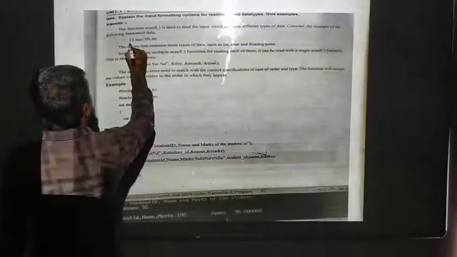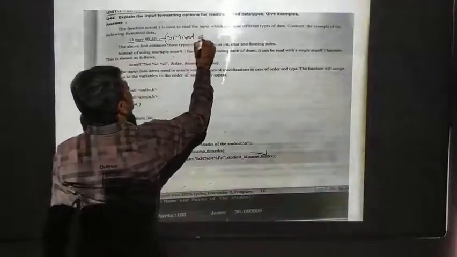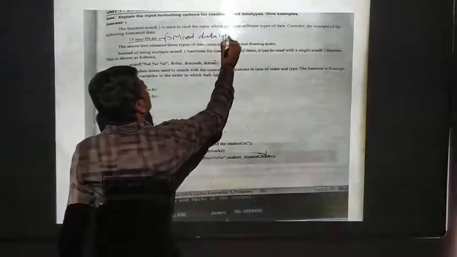Now, next is input formatted option for reading mixed data types. Mixed data type means what? All mixed together here: %d, %s, %f, all the data types. That is integer, character and string, float, whatever it will be, all are grouped together. Here you can see, in the initial part of the class I said this is a mixed data type. Which data type is it? Mixed data type. Same %d, %s, %f. This is %c, %f.